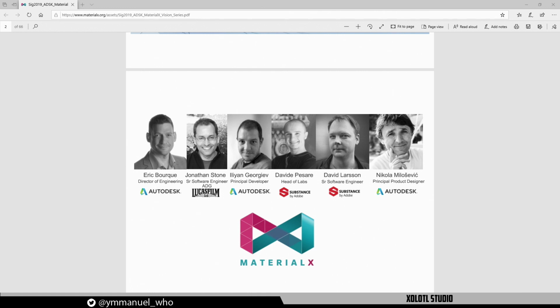They try to define a standard that can be used by multiple applications. It's open source, so everyone can see what is behind it and can, thanks to that, adapt it, make a plugin, make some implementation of MaterialX in their current pipeline in order to have a common material definition along all the